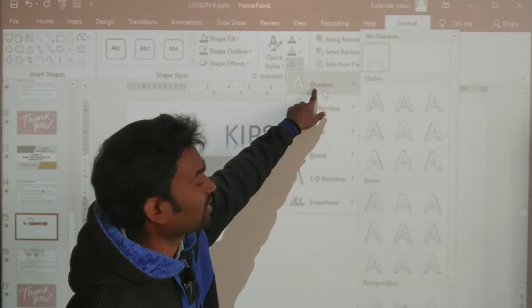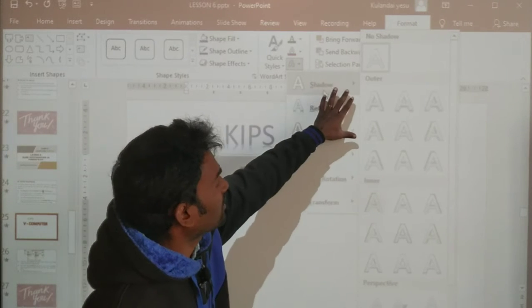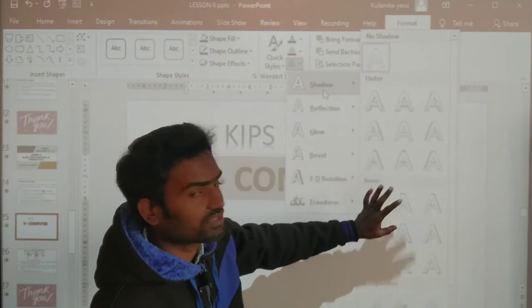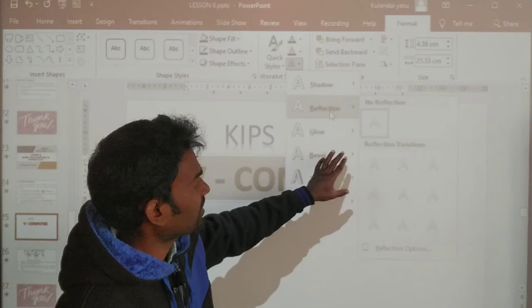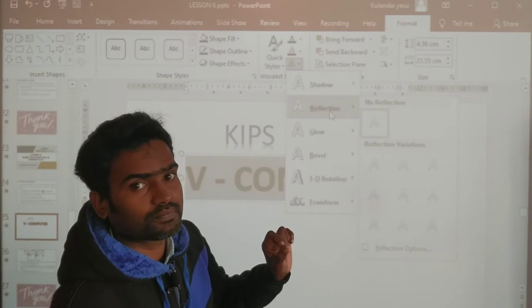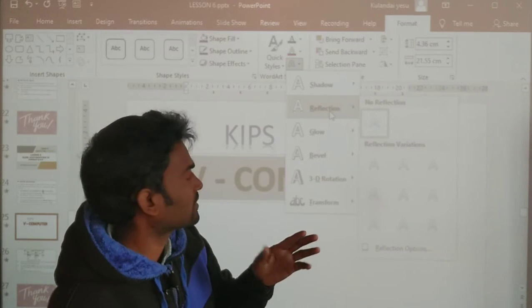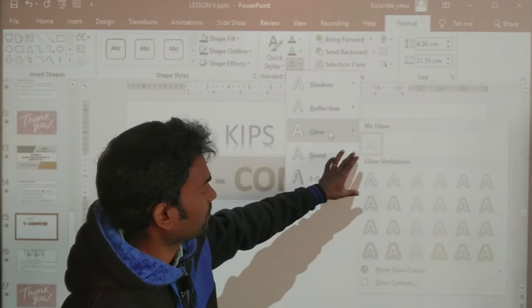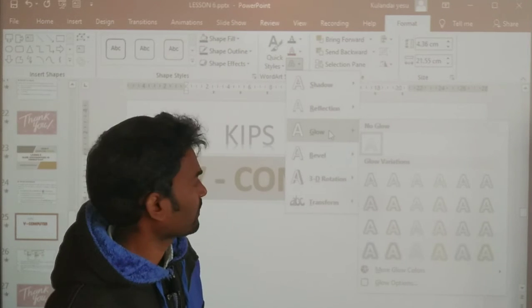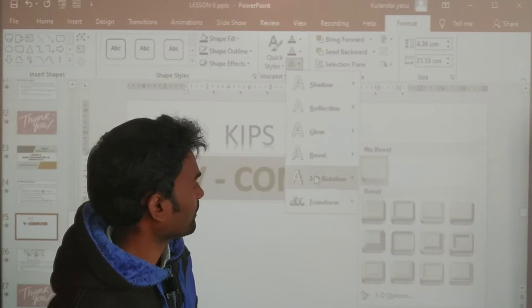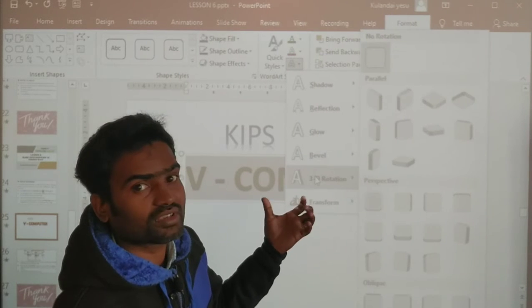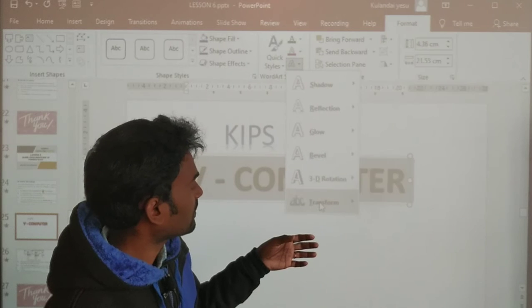When you keep the mouse pointer over there, you will see the different types of shadows here, the list, and the reflection also. Reflection, how it will reflect. You will get different ideas. Glow. See the glow style, and bevel type. 3D also, 3D reflection, you can get it, and transformation.